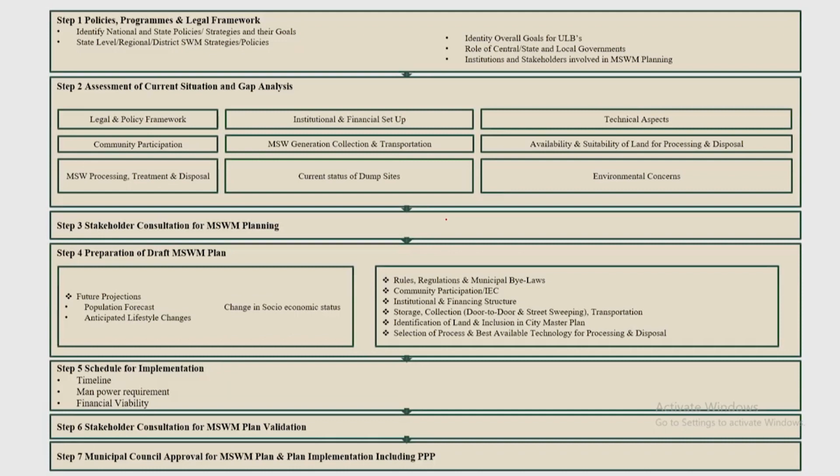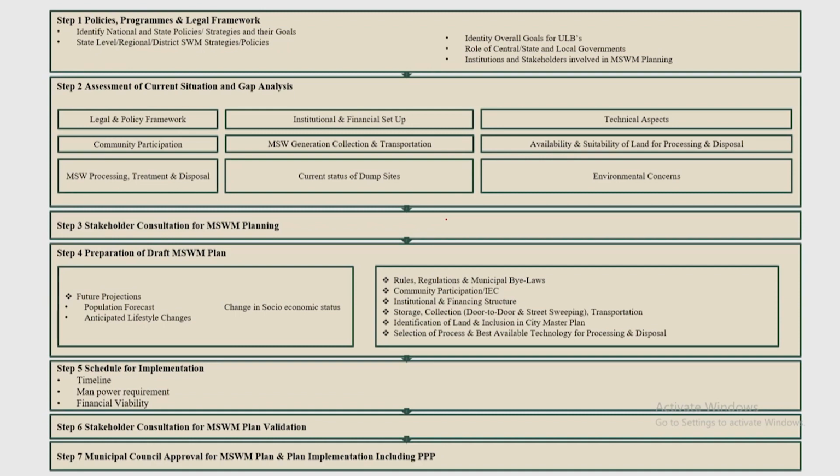Then, once the draft proposal is ready, they need to go through step 5, schedule for implementation. So, timeline, manpower and financial viability will be prepared, and once we have the draft proposal with the schedule, again we will go for stakeholder consultation.